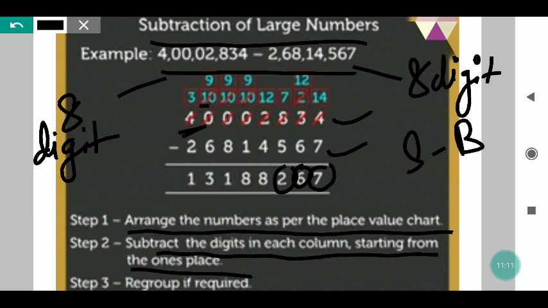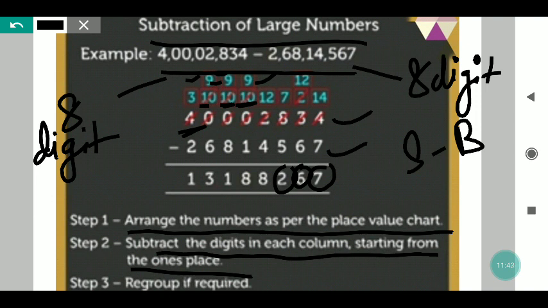Okay, from that 10 we will take one carry, then it will be 9. You can see here written, and it will become 10 this place. Now again we will take one carry from this place, so it will become 9. You can see here written. Now it will become 10 and it will become 9. Sorry, it will become 10. Okay, now this 2 wants 1 because we have to subtract 2 minus 4. It was not possible. So we will take one carry from the number which is written next. So if 10 will give 1, then it will be 9 and it will be 12.